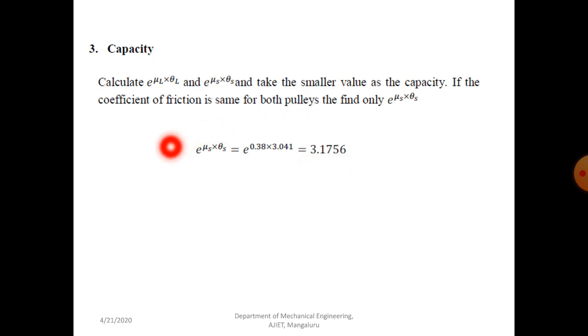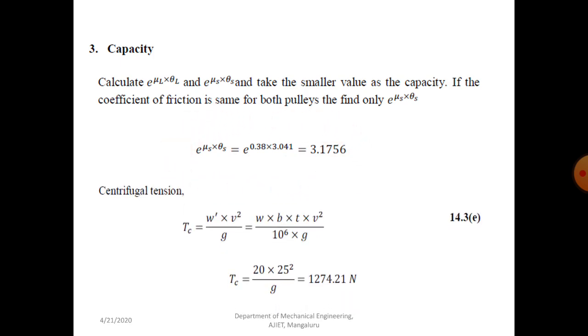So this is for the smaller pulley. Now we have to find out centrifugal tension. Our main aim is to find out the area of the belt, because once you get the area, you can easily calculate all the tensions. In the second question they asked to find belt tensions, which can be calculated only if you know the area. Stress equals force by area, which is nothing but tension by area, so easily you can calculate